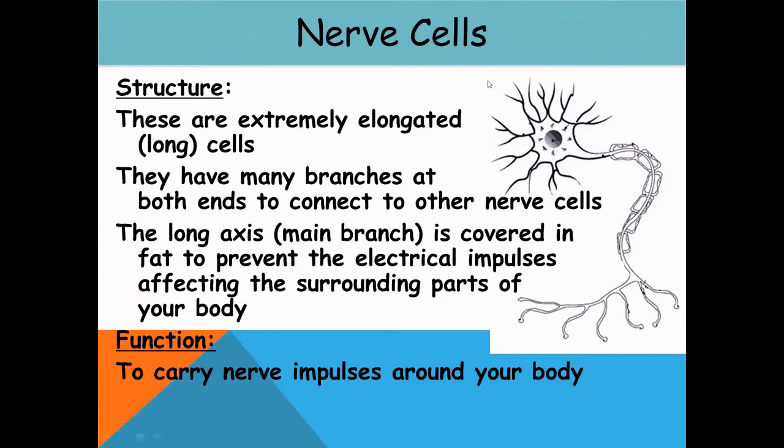Number 2, its long axis covered with fat, long axis with fat, and number 3, carry nerve impulses. Again, nerve cells, 3 words that we'll remember: long cells, long axis covered with fat, and carry nerve impulses. Don't forget to write it down. Next,